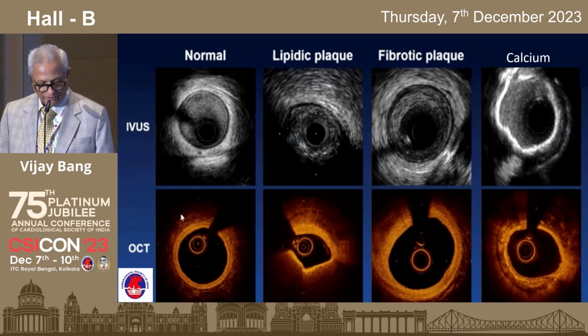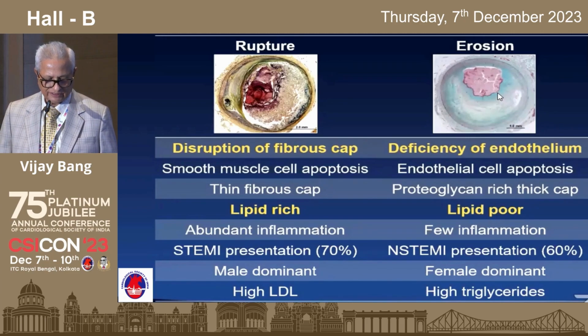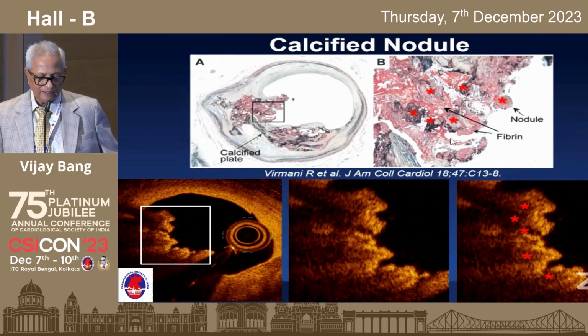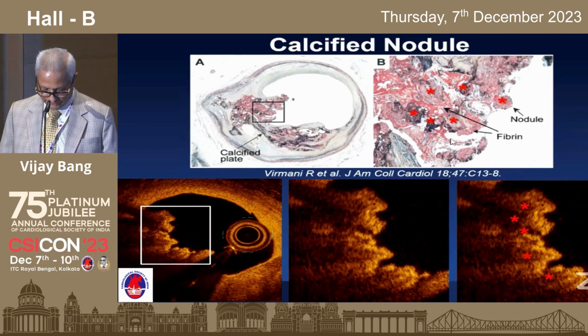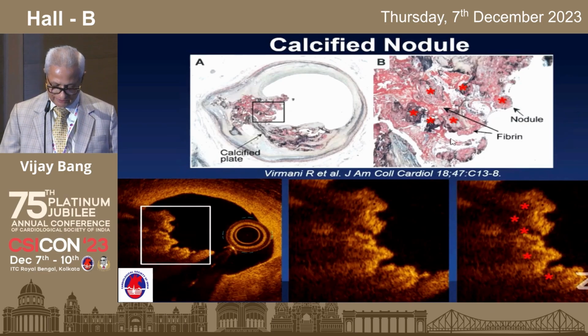Once you define all that, sometimes you can see whether this is a lipid-rich plaque or not. Then it is better to avoid stenting at this stage, stabilize and treat the plaque, because stenting will cause distal embolization. It can also be the other side, where we may have an erosion or some other etiology. And then of course, is there a classical calcific nodule or not? We can see classically jagged